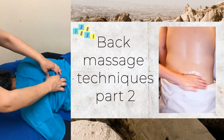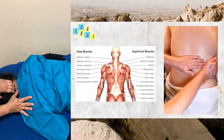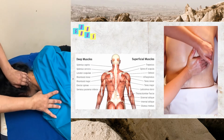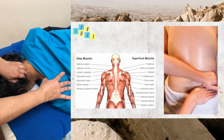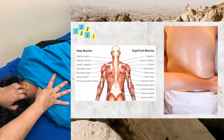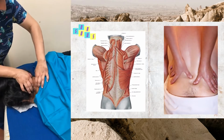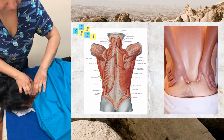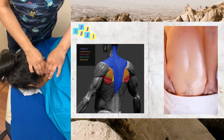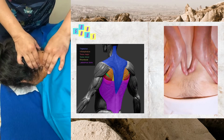Always when working the fascia it has to be slow, because we are teaching the technique. But everything that you can do in the massage and exercise is slow, much better. Less painful and better for the patient. Now we can work here on the neck. We can do a little bit more massage here to warm the place with oil or without the oil,